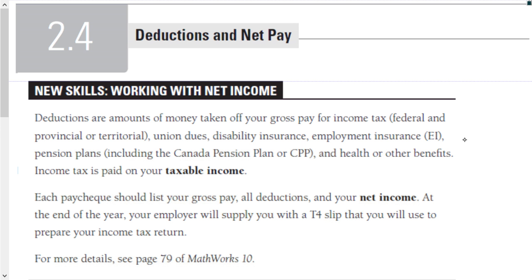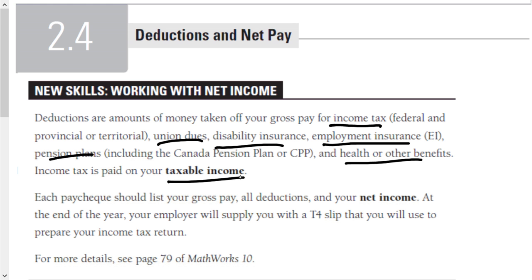All right, the last section in this chapter is 2.4, deductions and net pay. Deductions are amounts of money taken off your gross pay for income tax, union dues, disability, EI, pension plans, health or other benefits, and this is only on your taxable income. Each paycheck should list your gross pay, deductions, and net income. At the end of the year, your employer will supply you with the T4 slip that you use to prepare